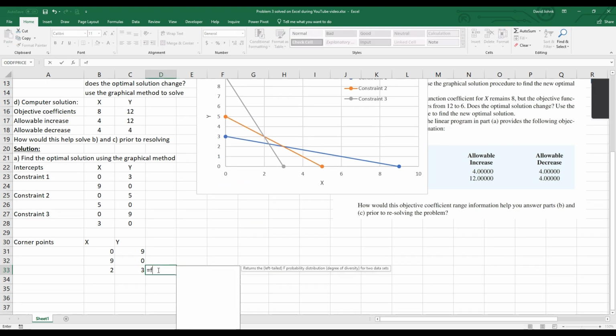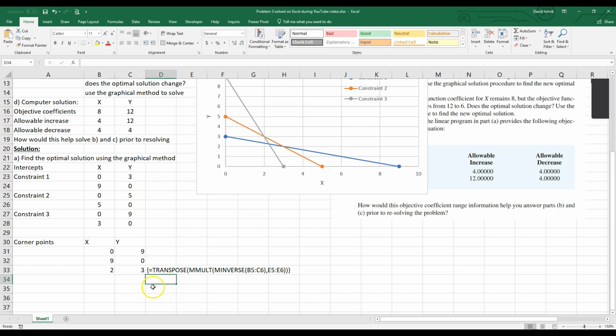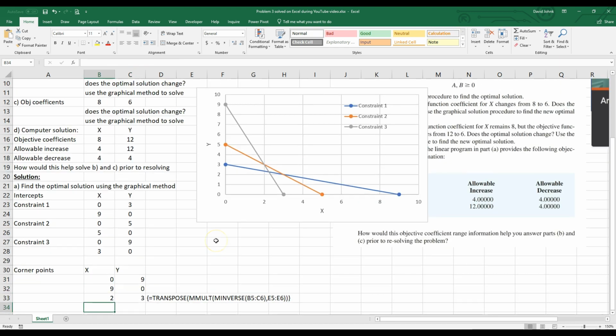Let me put the formula in here, so you see how I did that. I just need to do one of them. Now, the only way you can get this little bracket here is by, when you highlight where your answer is, you got to hit Control Shift Enter after you type all this in there. You would type everything in except for the little bracket. Okay, so I'm not going to do the next one the same way. I'll just go ahead and